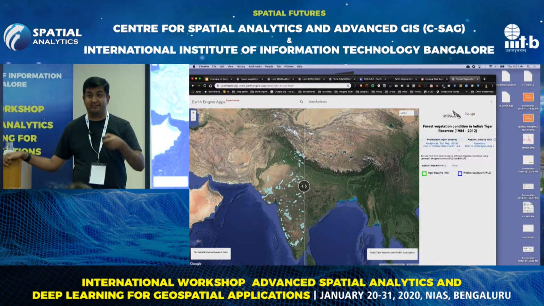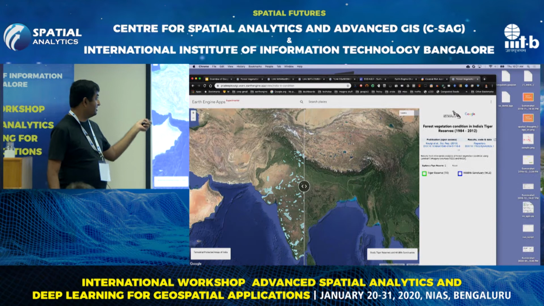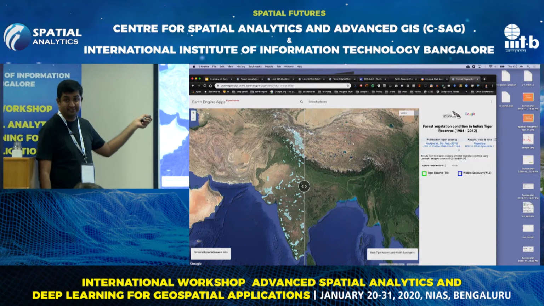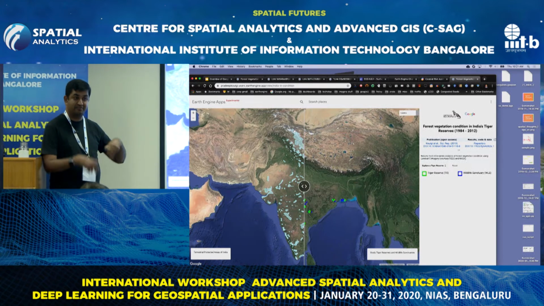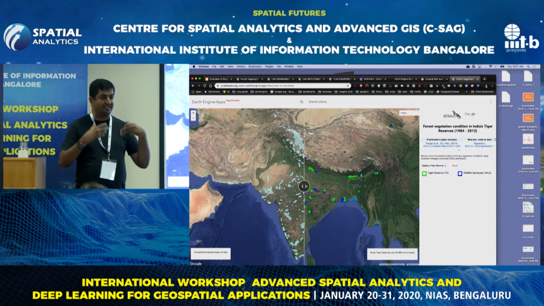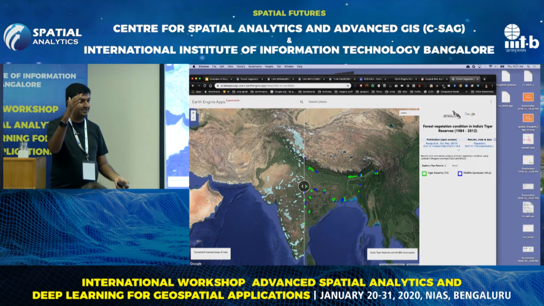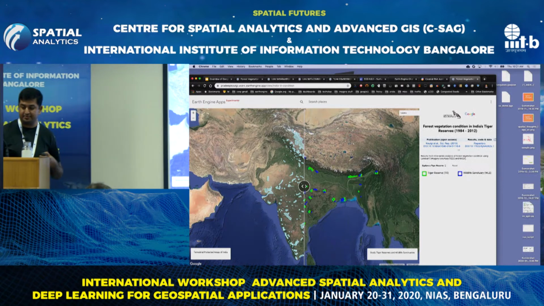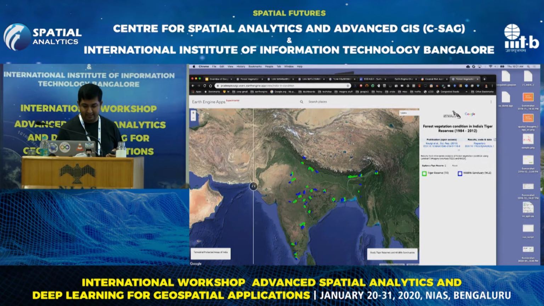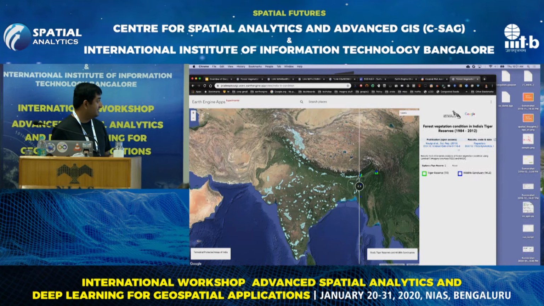Where is it declining? Can we do something about it? So this app, again, you can see this is Earth Engine, right? It's very easy to build things like this using the data set. It's the same algorithm they're using, and they allow users to explore. So again, they are saying these are the protected regions, this is the